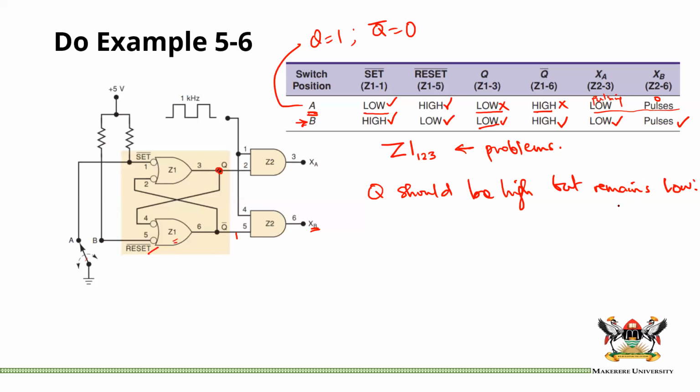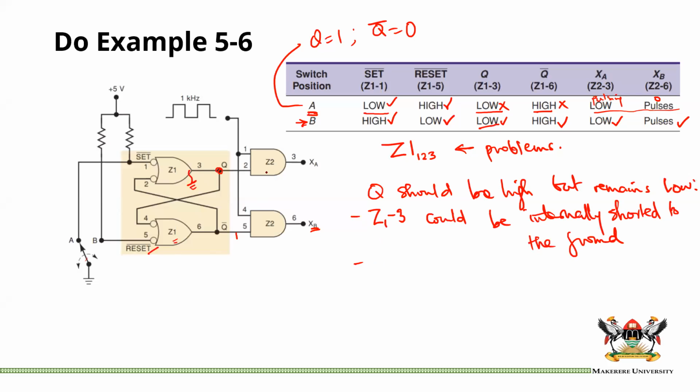What could cause Q to remain low? Z1, the output 3, could be internally shorted